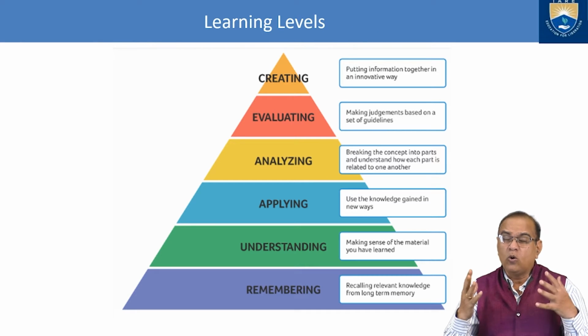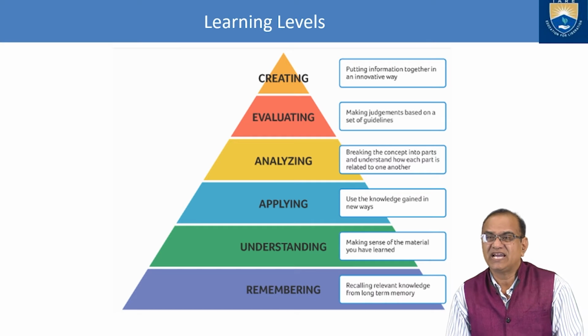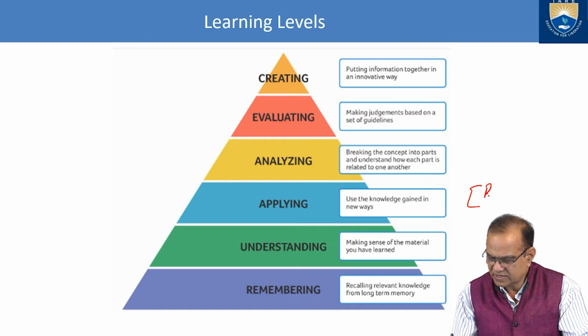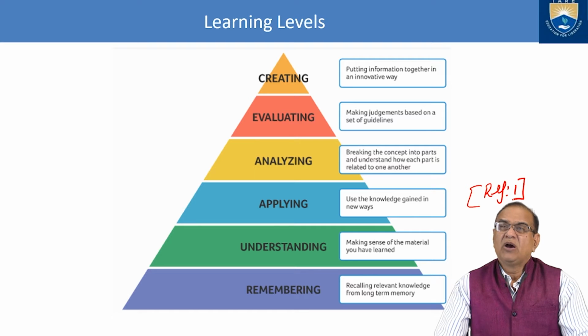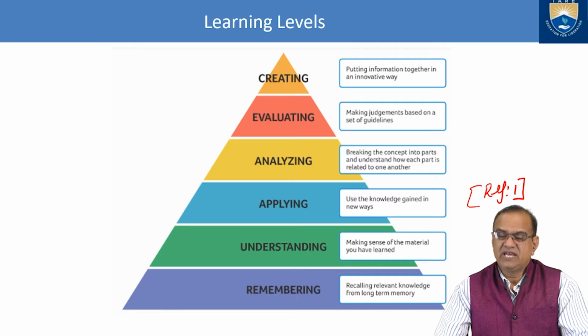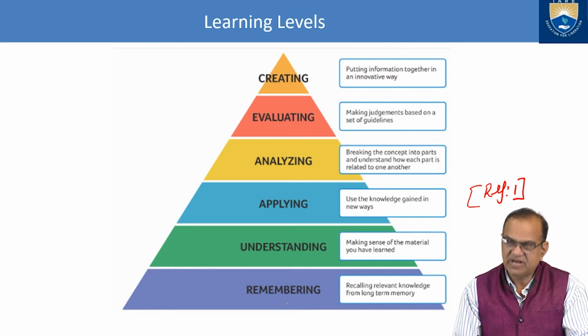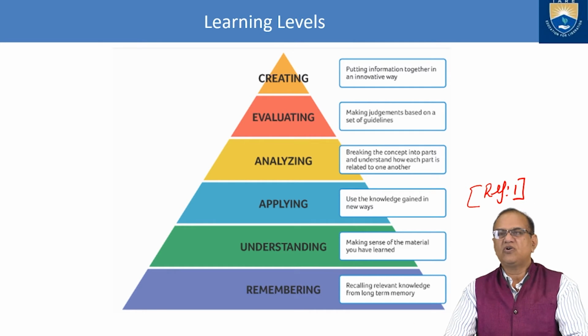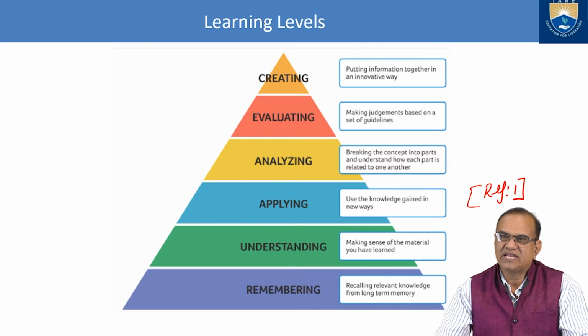why we should go about the teaching and learning process, that is also one issue. First we should know the learning levels of our community. Here we have to start with remembering, then understanding, then applying, then analyzing, then evaluating, and then creating. So we should go in this way, one by one, and then only we should